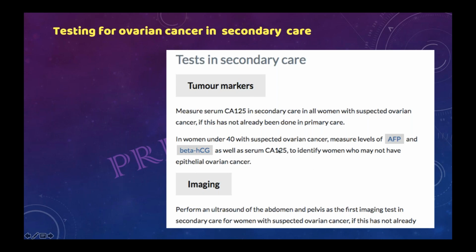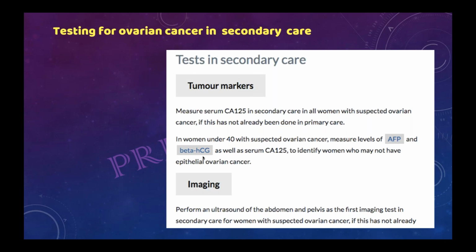Here it is different from the guideline for cyst in the premenopausal woman. There, if a complex cyst is there in women less than 40 years of age, they were doing beta HCG, alpha fetoprotein and LDH. So you have to find out the scenario. If they give a complex cyst and then put up a question, the answer will come from the guideline of cyst in the premenopausal woman.